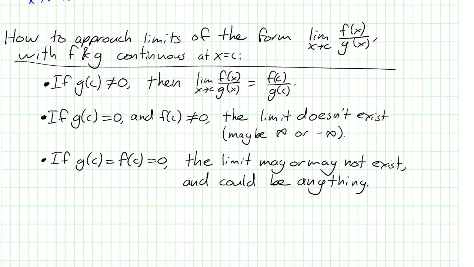Okay, so how do you approach limits like that? We have these three different cases. Either the bottom is not equal to 0, meaning the g of c function, the denominator, is not 0 when you plug in your value, then it's a continuous function there, and you're fine. To find the limit of a continuous function, you can just plug in the value, and that is all good. If the denominator is 0 and the numerator is not 0, then the limit can't exist, because you're going to have something like,